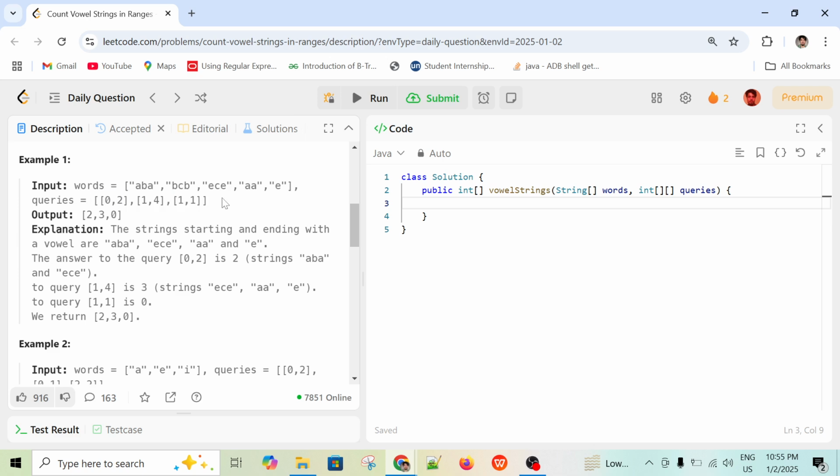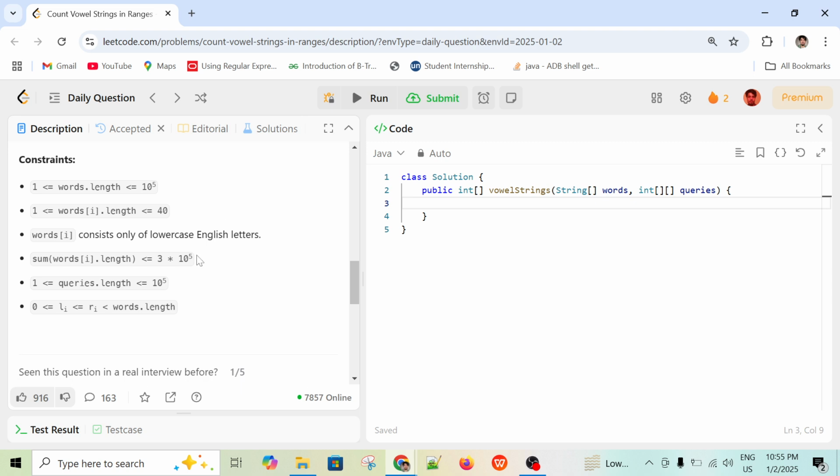So you cannot solve it that way, because if you multiply this, let's say 10 to the power 5, and you multiply by 10 to the power 5, and because you have to iterate each string, so 40 into 10 to the power 5 and 10 to the power 5 will be like 4 into 10 to the power 11. So this will not work. So how will we approach it? So now,